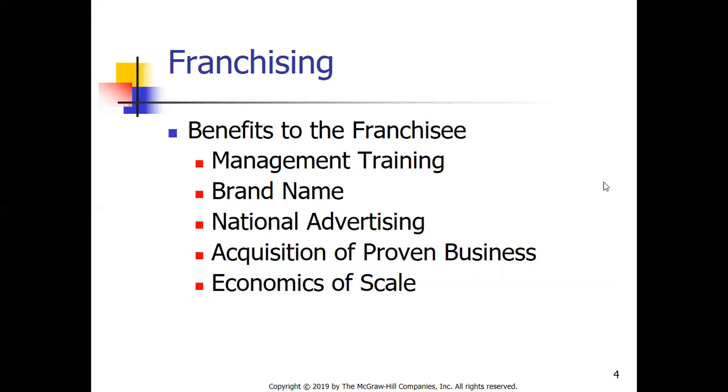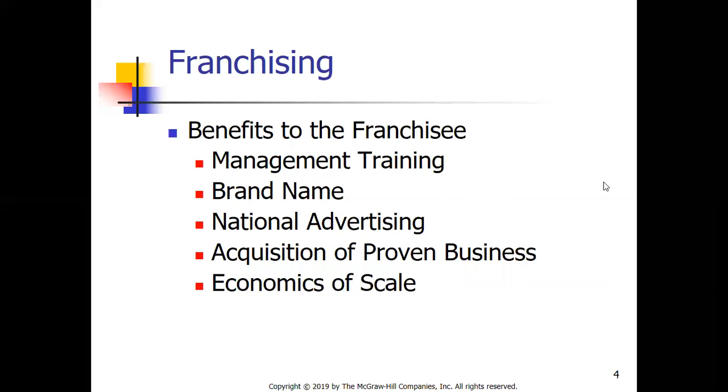And then national advertising. Some of the franchising costs contribute to national advertising. So the advertisement covers Malaysia nationally. Some portion of the advertising cost will be embedded in the agreement itself. So you have to pay a certain amount so that you can enjoy, you can ride on the national advertising.